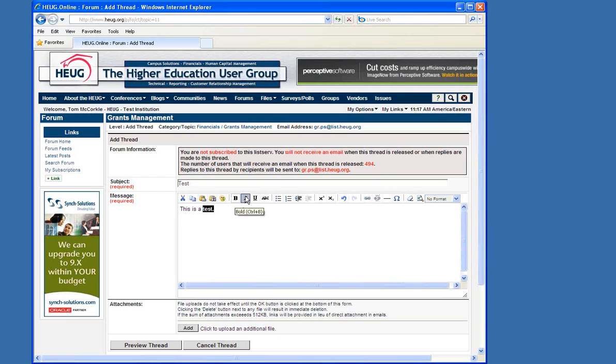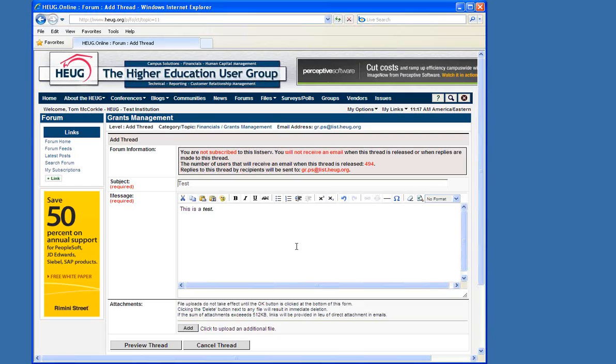So if you want to bold information, italicize it, you can do that as well. You'll see these different text editor boxes across the site, so it's just really great to familiarize yourself with how they work. The biggest icon here that I'm going to stress is this Paste as Plain Text box. If you've ever used Microsoft Word or another word formatting software, you'll know that they put style tags into their documents. Basically, style tags control the formatting of the document. When you copy and paste directly into our text editor boxes, those style tags can mess up the formatting